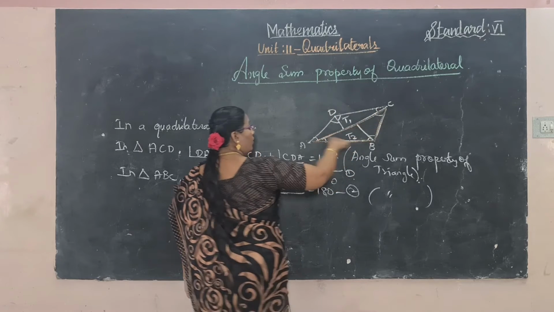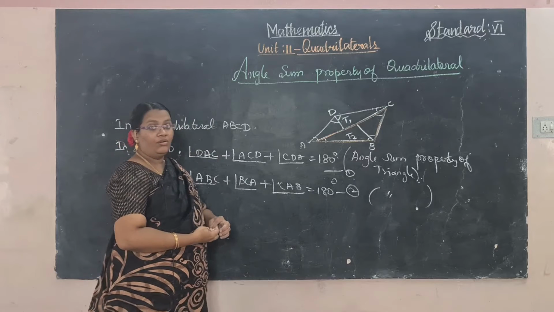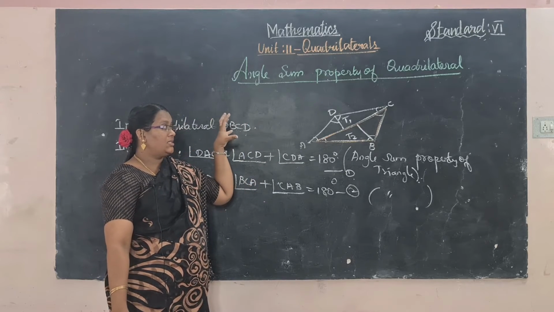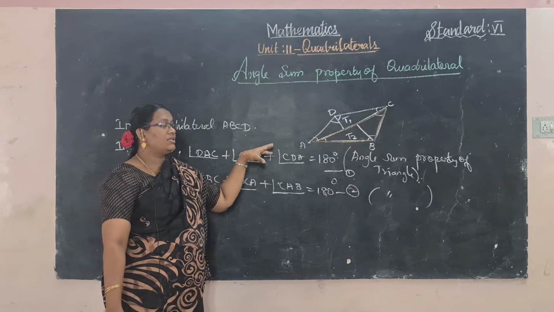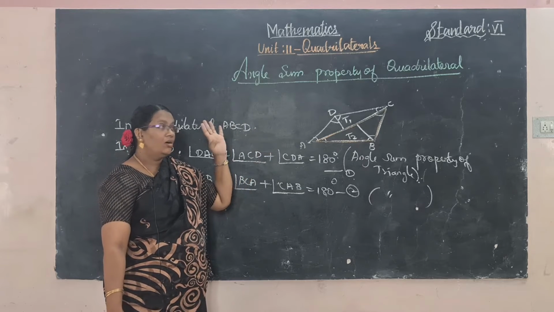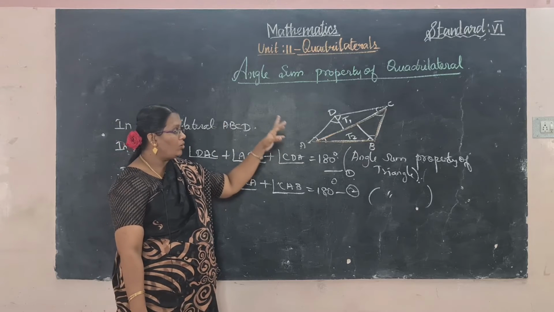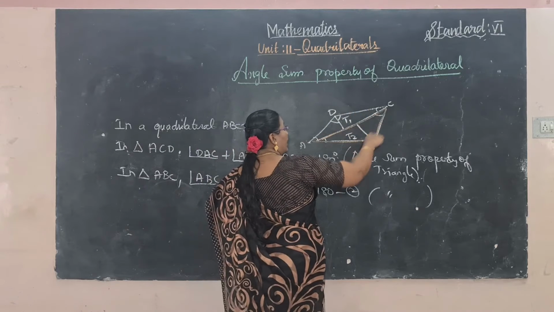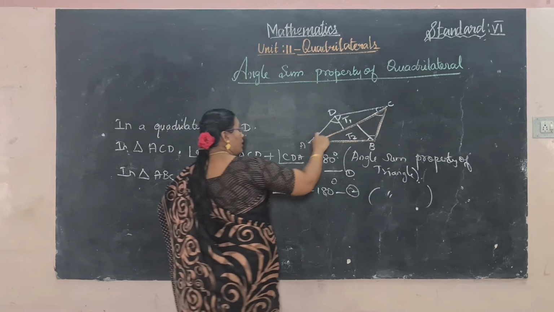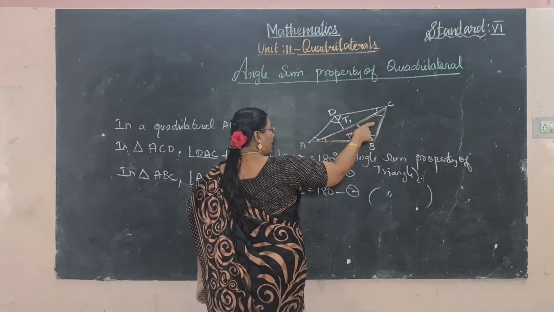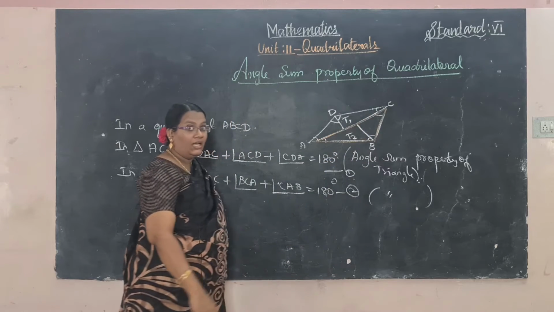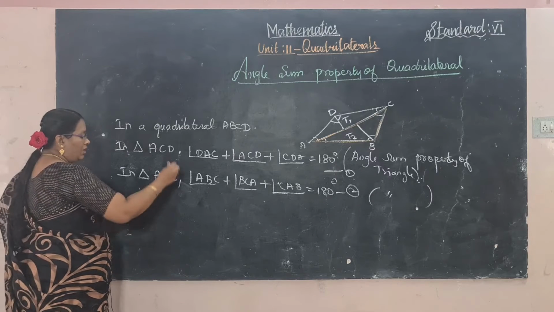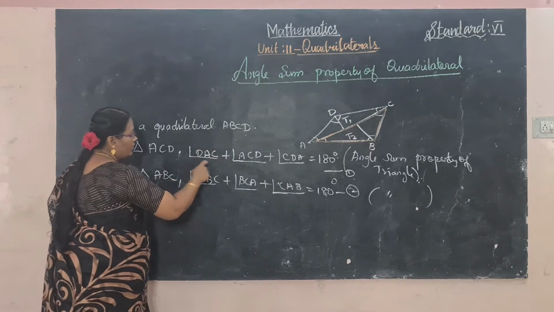We need the whole one, is it? What do we find out now? We need the sum of the angles. What are the sum of the angles here? 4 angles. We need the total figure, the figure of the total angle, we have to find out. So we add the first triangle plus second triangle, we get the total value of sum of the 4 angles.